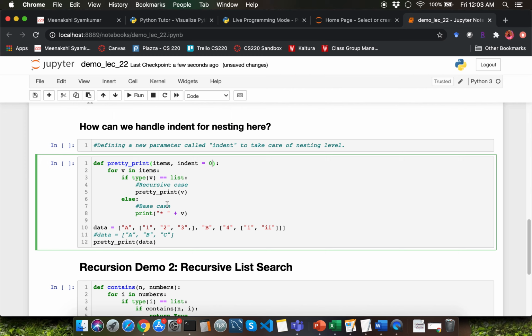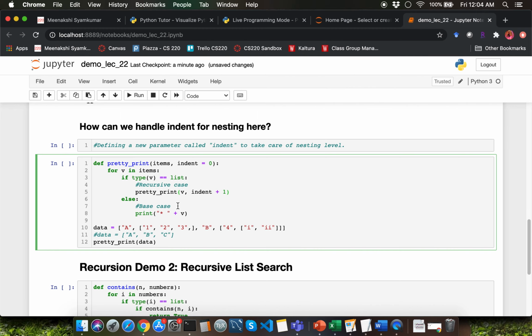So what do we want to do with this indent in recursive case? We just want to increment indent value by 1, correct? Because we want to deal with the next level of nesting by adding more indentation to it. So the place where you're actually displaying the items is inside the base case. So that's where you'll have to incorporate this whole indent.